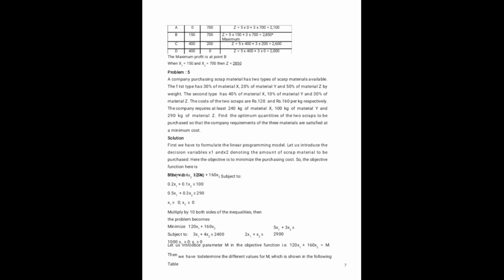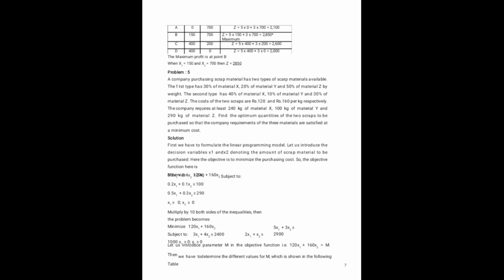Then the next problem. A company purchasing scrap material has two types of scrap materials available. The first type has 30% of one material and 20% of another. The second type has 40%, 10%, 30%. The costs are 120 and 160. The requirements are 240, 1000 kg and 290 kg. So the company wants to satisfy the three metal requirements at minimum cost. Minimum cost means